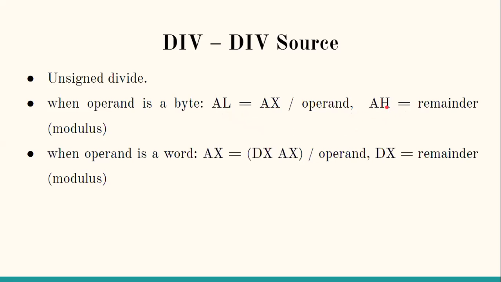This is the format. The dividend is to be stored in the 16-bit register AX before using this instruction. The divisor is to be specified along with the opcode in the format of an immediate number or the content of a register. After this division operation, the quotient will be stored in AL and the remainder will be stored in AH.